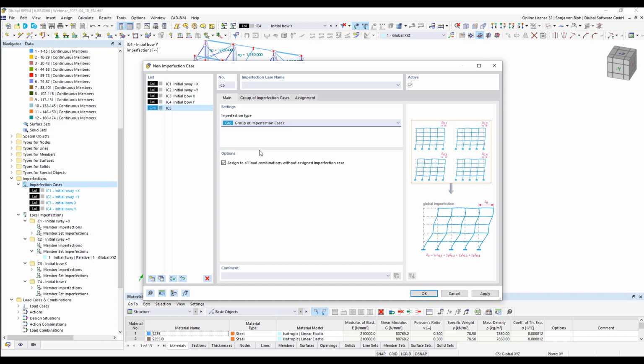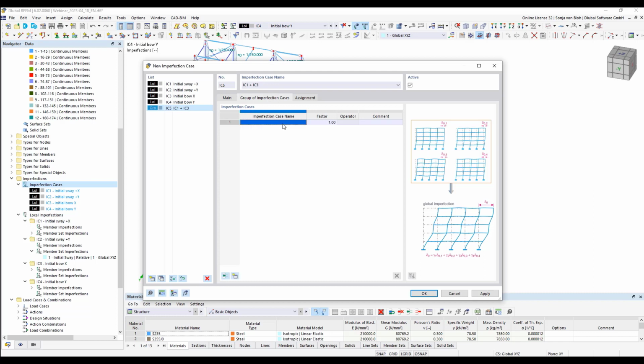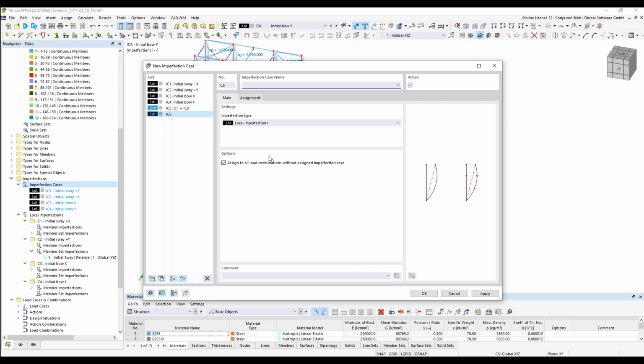Here the inclination plus x is to be combined with the initial bow x. So I define a name, EC1 plus EC3, go to tab group of imperfection and choose here EC1, add a new imperfection case with operator and here choose initial bow and x. Then I create a new imperfection